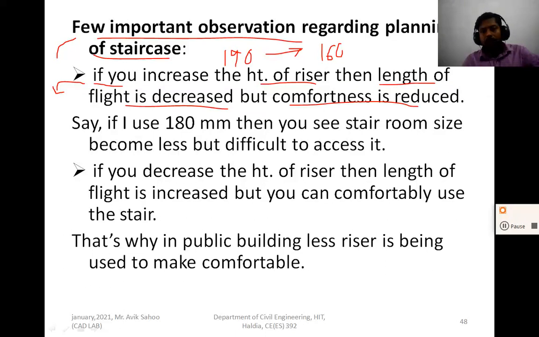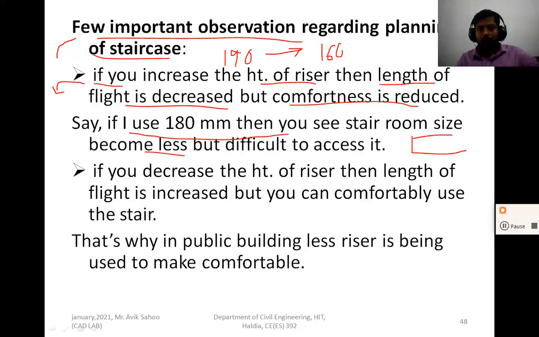Then the comfort is reduced, which means you feel difficulty going up. If I use 180 mm, then the stair room size becomes less, and the benefit is that the stair room is smaller because the length of flight is reduced.